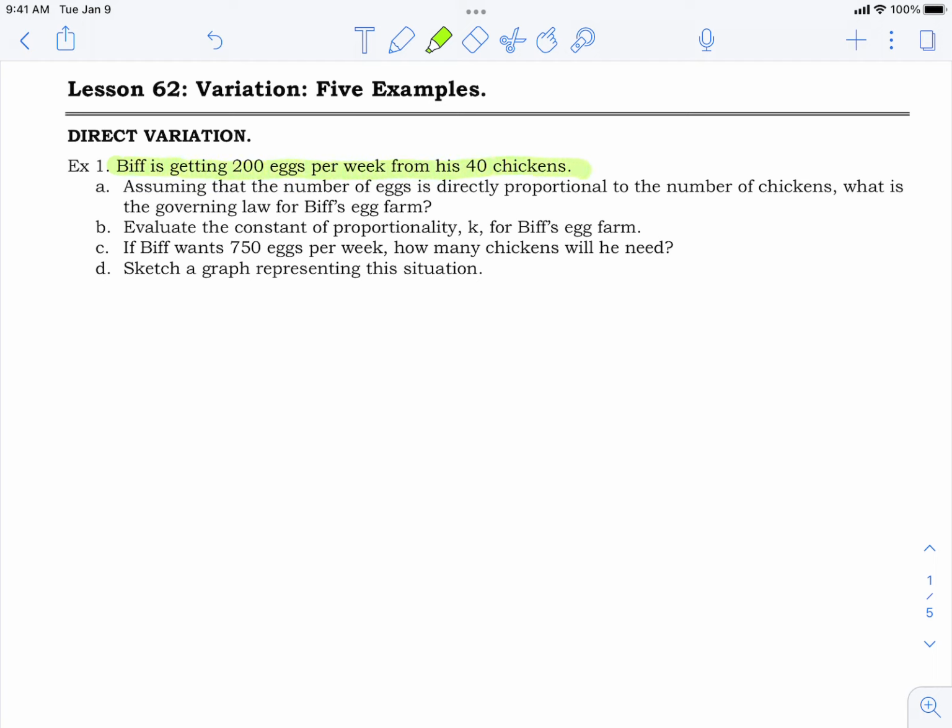Okay. Eggs are worth a lot now too, aren't they? Anyway,